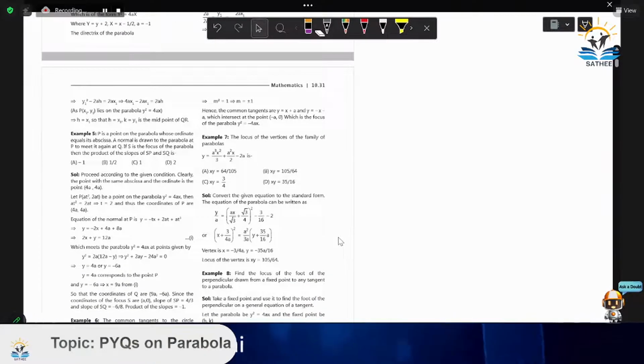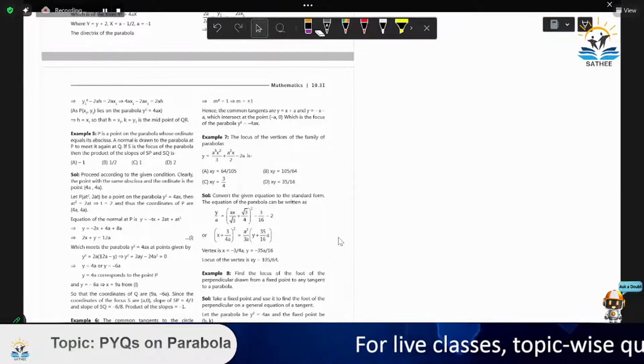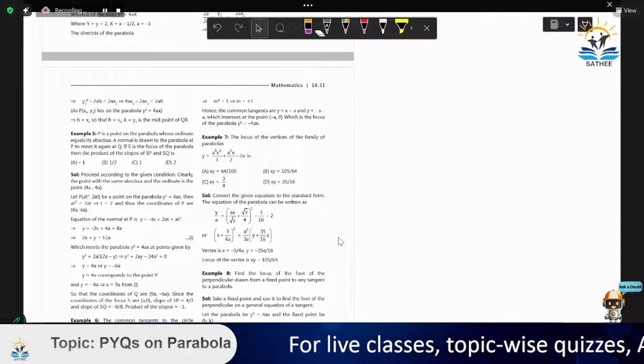Okay, so what does question number 5 say? P is a point on the parabola whose ordinate is equal to its abscissa. Ordinate and abscissa are the y and x coordinates basically. So the ordinate is the y coordinate and the abscissa is the x coordinate. So it is given to us